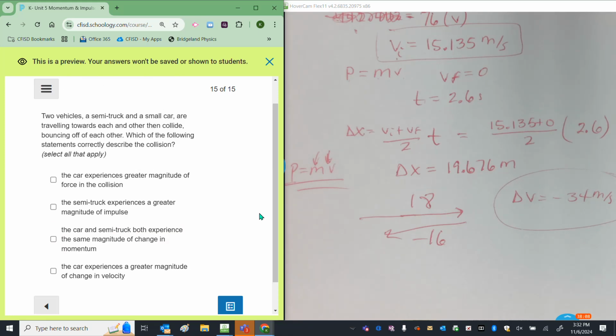Last one. We're almost done. 2 vehicles, a semi-truck and a small car, are traveling toward each other and then collide, bouncing off of each other. Which of the following statements correctly describe the collision? Select all that apply. Guys, please don't tell me that they have different forces. We've talked about this for 3 units now. Equal and opposite forces, it's a force pair. Don't pick that one. Okay, again, equal and opposite forces is also going to mean equal and opposite impulses because